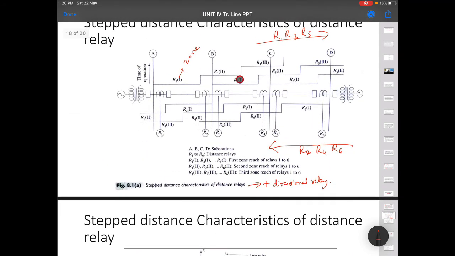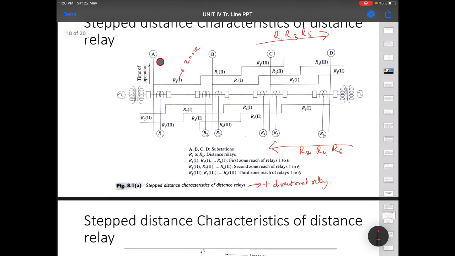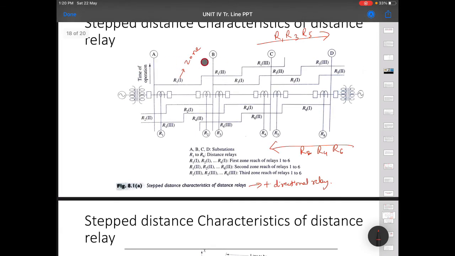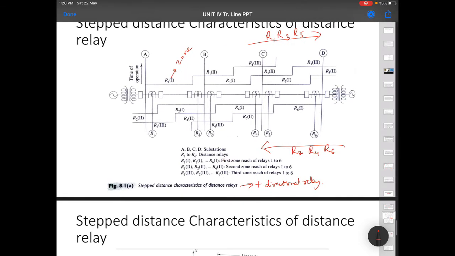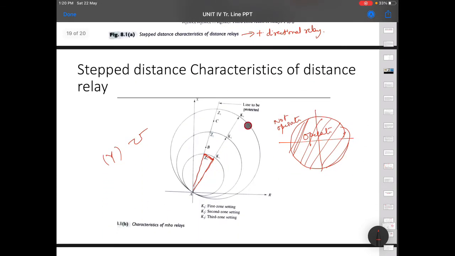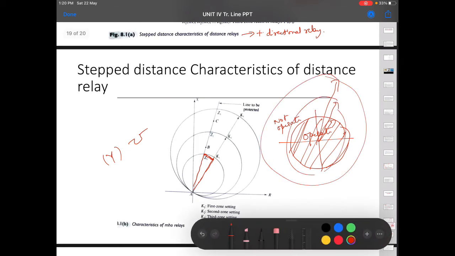This is the length up to the second zone, this is the length up to the third zone from substation A. So from point A, K3 is this, K2 is this, K1 is this. Hope you got this. Similarly here also, this is K1, K2 and K3, so you have circles like this.